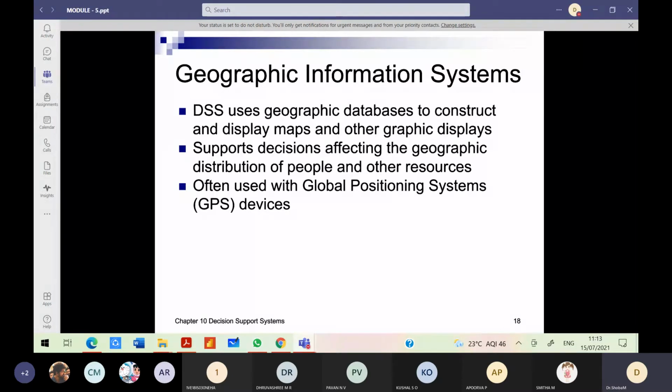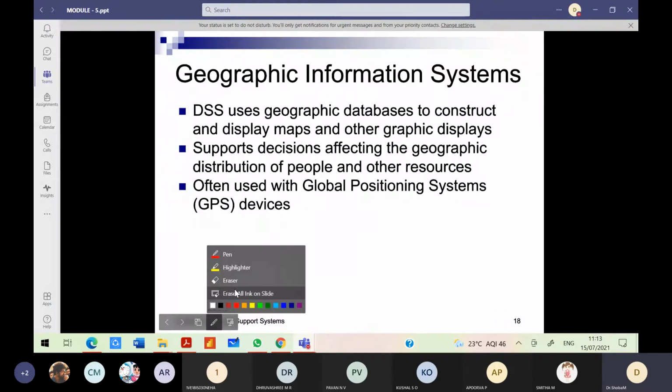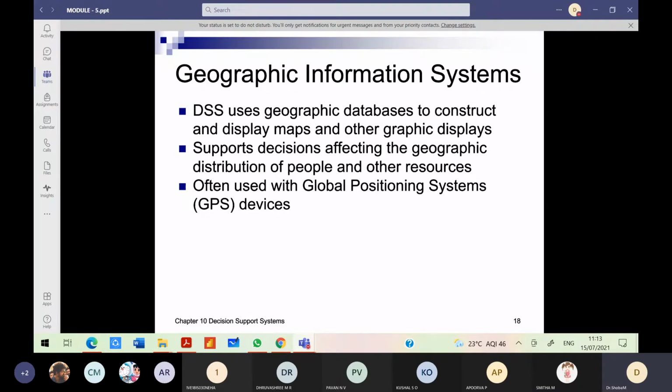So DSS uses geographic databases to construct and display maps and other graphic displays. For some applications, the maps are very crucial. Without maps, nothing can be done, or the application will not deliver its service.